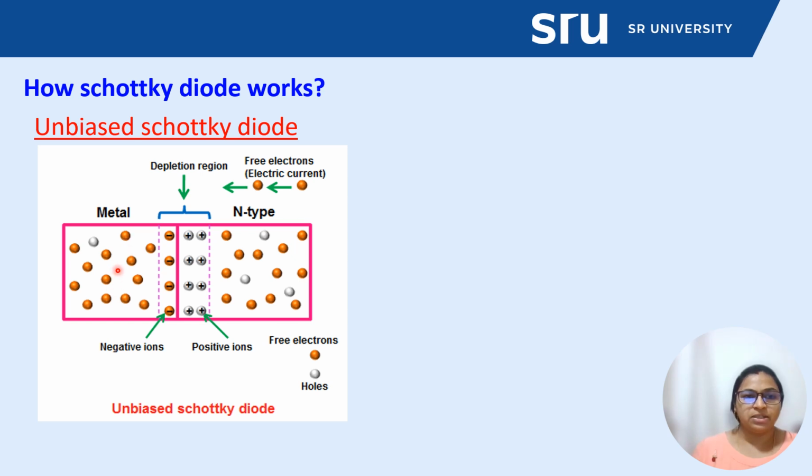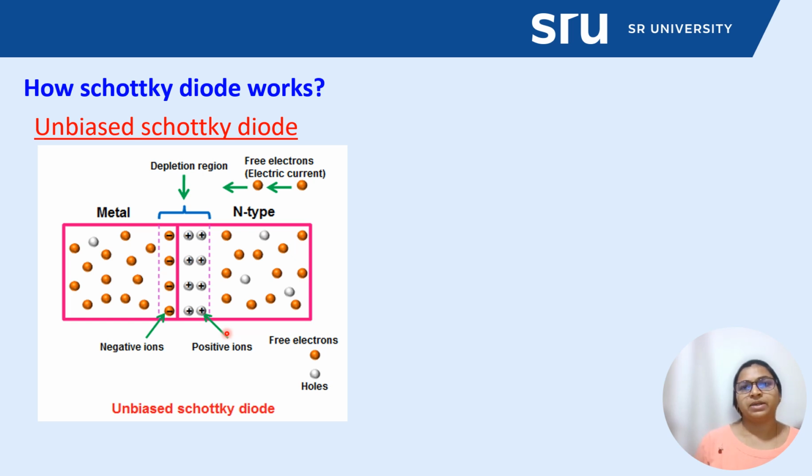As usual here, these are defined as electrons, and these white spots are holes, in the metal and n-type semiconductor. This dotted region is the depletion region, and this is the junction. Here it is creating negative ions near the metal side, and near the n side it is creating positive ions. So basically when this metal is joined with the n-type